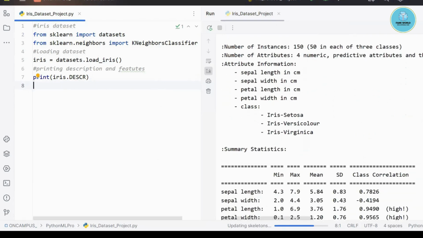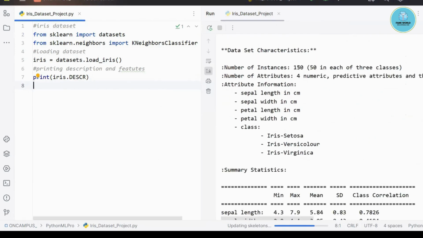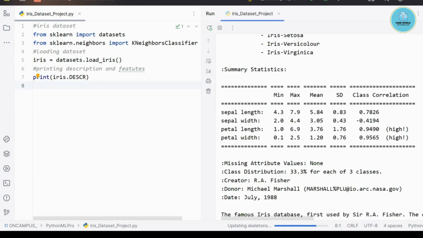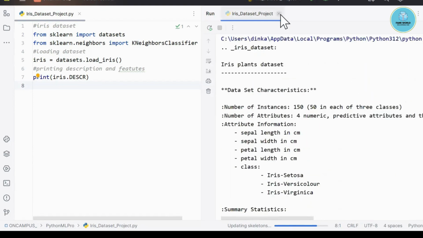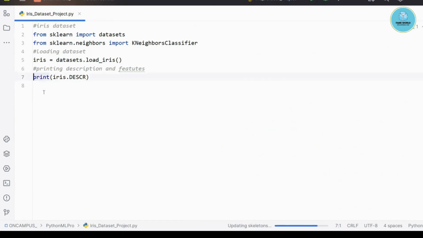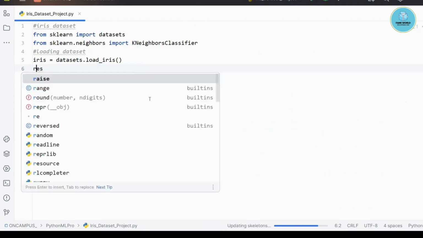It says 150 instances, 50 in each of the three classes, 4 attributes. All those things are the same, 3 different classes are there, as you have seen in the UCI machine learning repository when I showed this to you. The same was there.